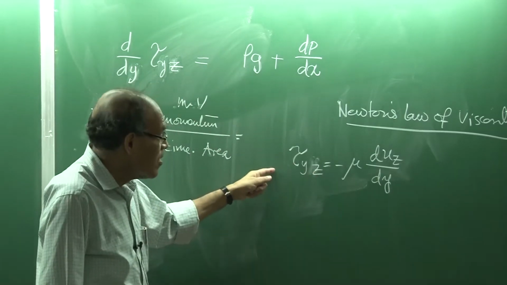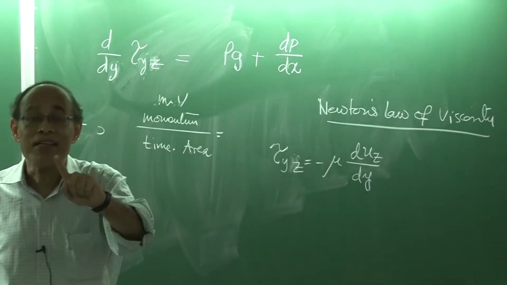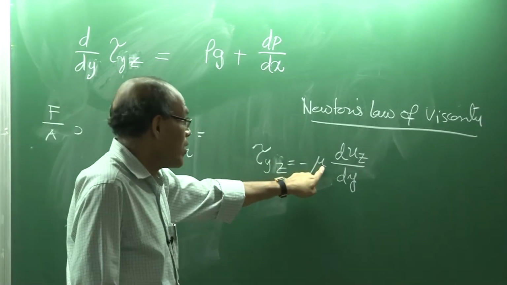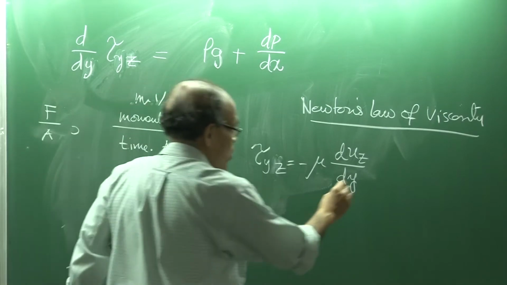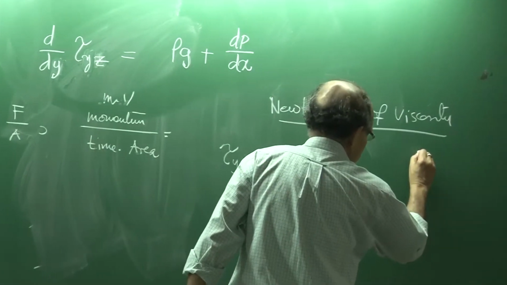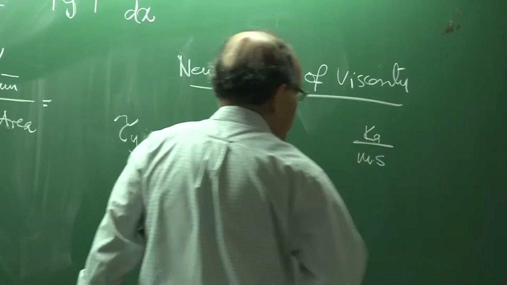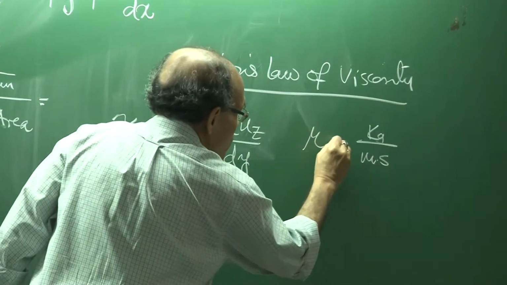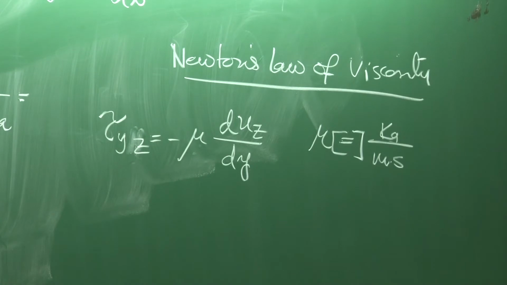and this tells us that this is equal to a proportionality constant mu, which is a state property. Given that temperature and pressure are constant, we can use a constant value here, which is the dynamic viscosity of the fluid. The unit of mu, as you all know, is kg per meter per second in SI units. We write it like this: mu represents the unit of mu, and this represents the